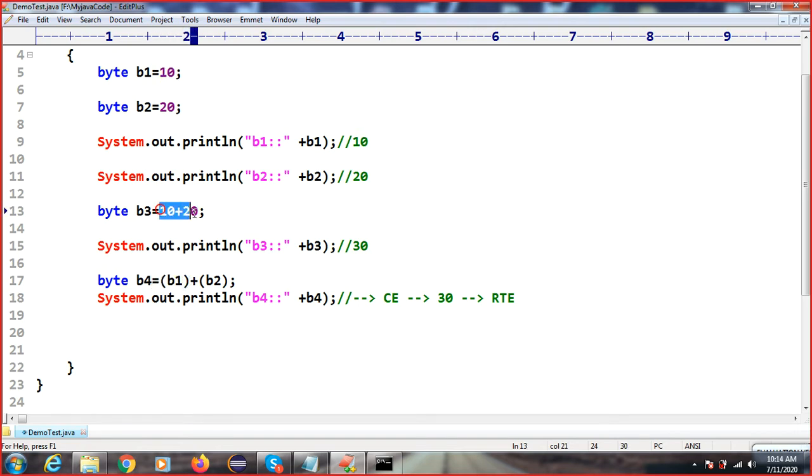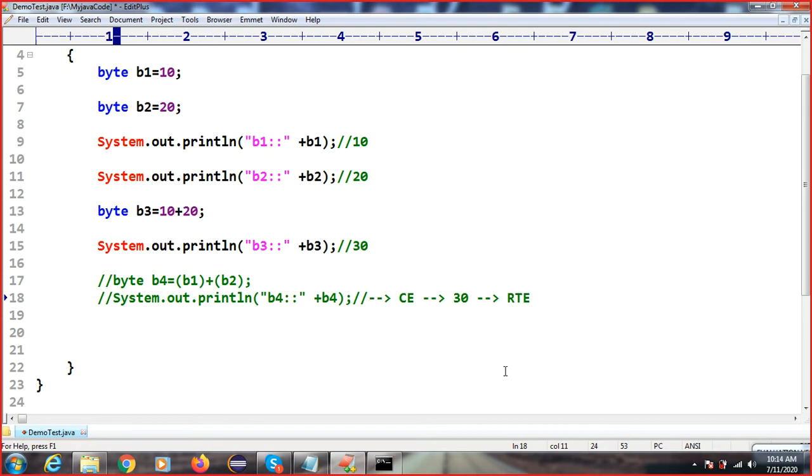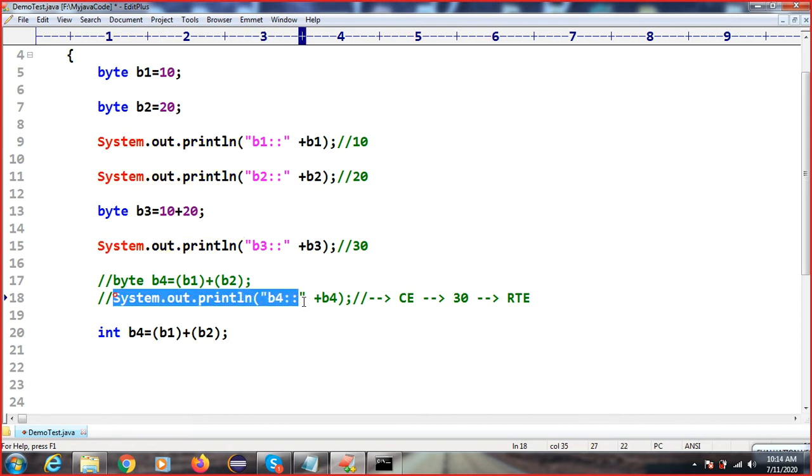Here we are storing the value, not the data type, but here we are storing the data type. So don't confuse these. Here we are just adding values, but here we are storing the data type. Same thing, I'm commenting out this code because it will not execute the other lines of code. You can apply the same thing with int. I'm copying this. Okay, so now I'm trying to print this one more time.